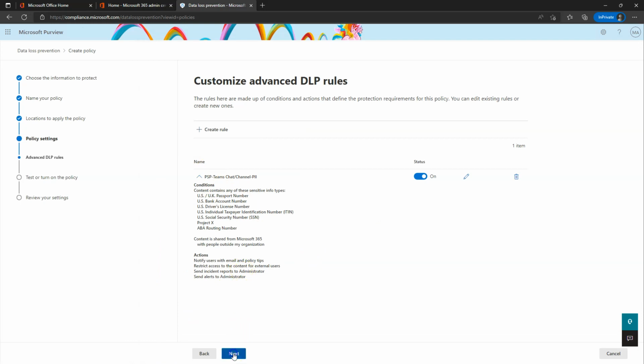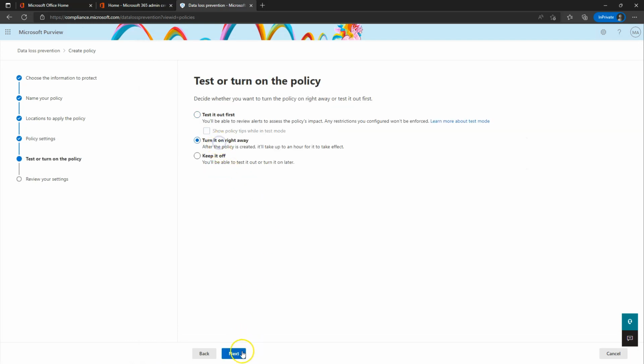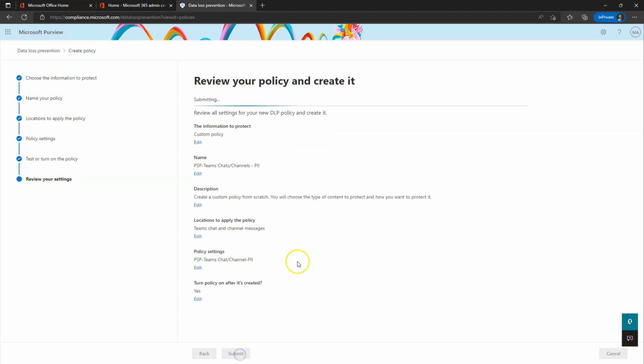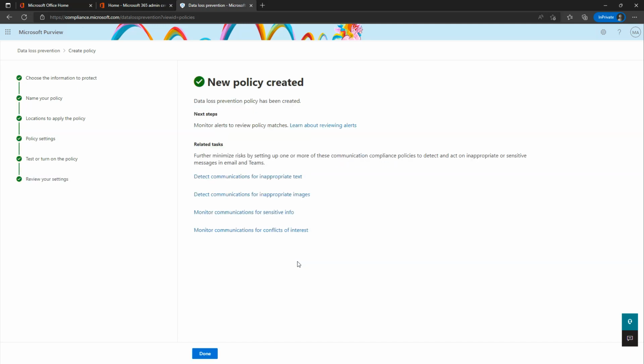Looks good here. Next, turn it on right away, and submit. Okay, so from the policies that we're creating, that is all we're going to do. I'm going to give you one little option here so we can look over